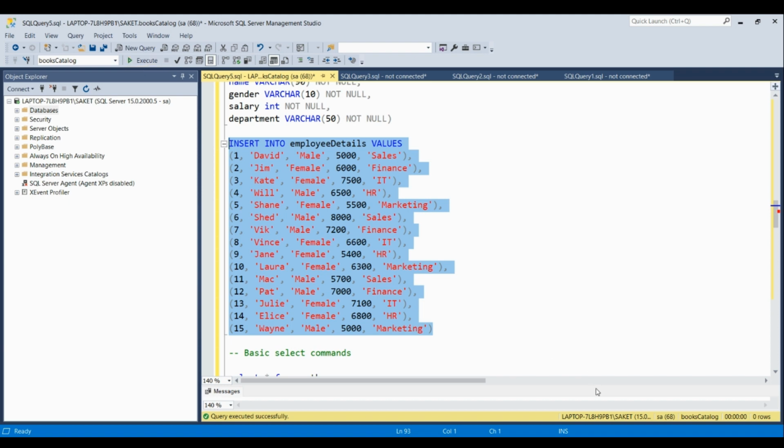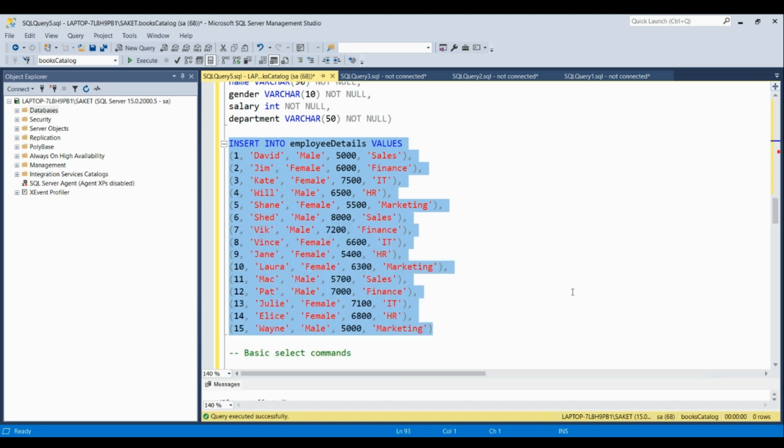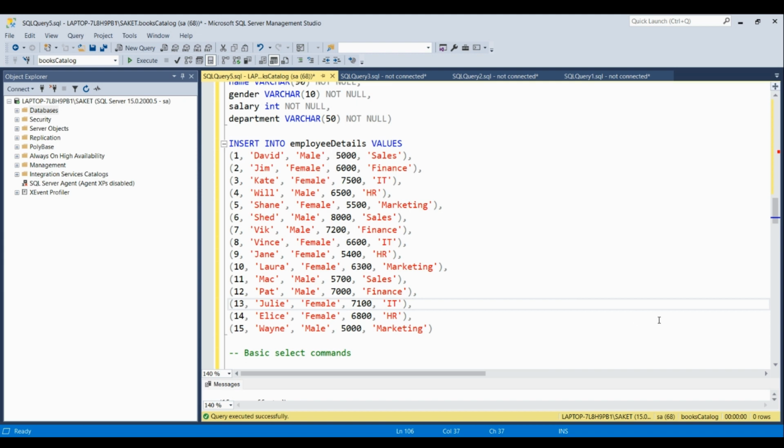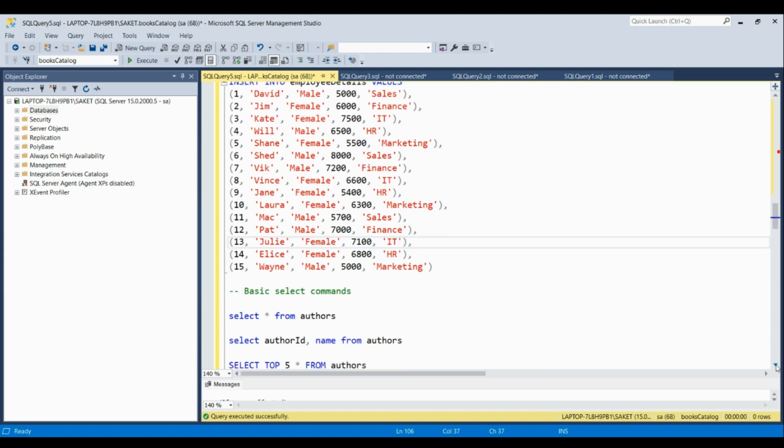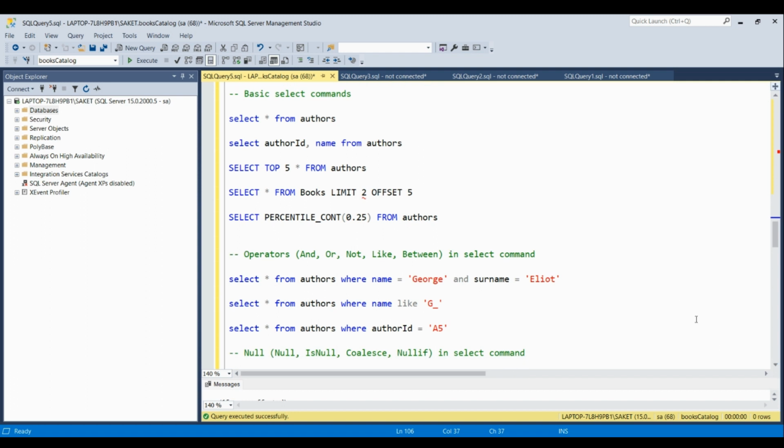Fine. So till now what we have done is we have made four tables and now we will see how to get data from those tables. Depending upon our needs, our constraints, we will try to get data from these four tables. So we will start with simple select commands.